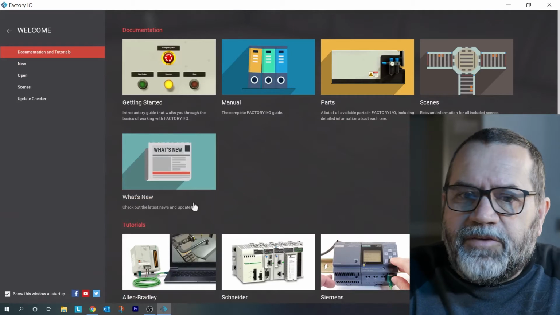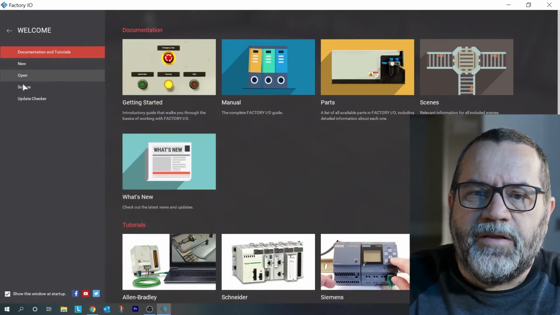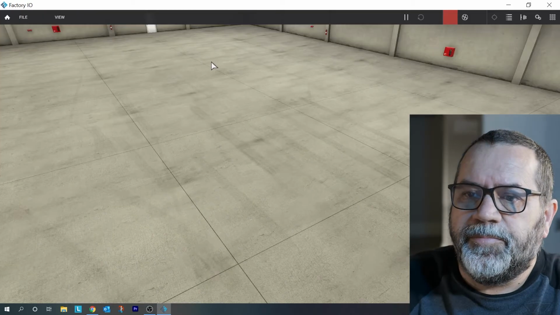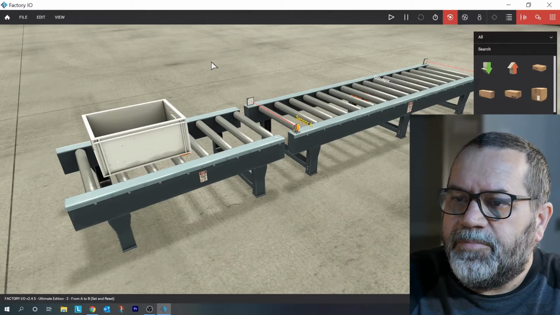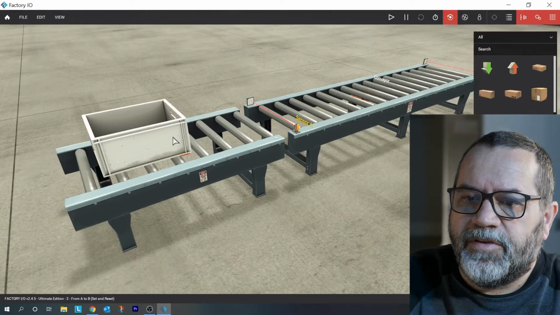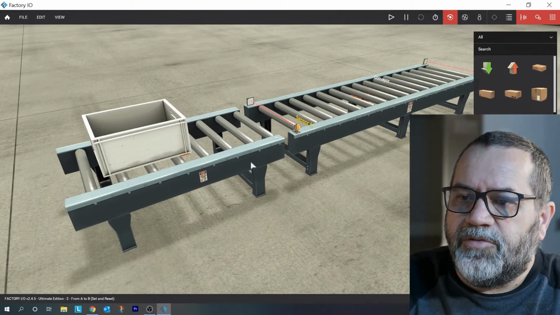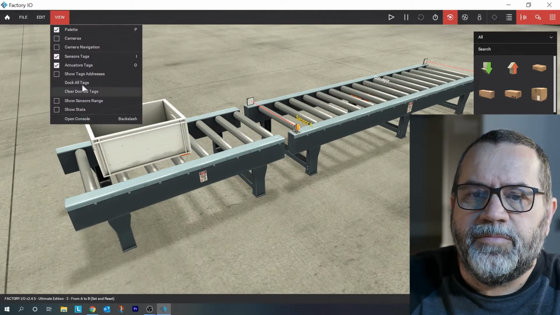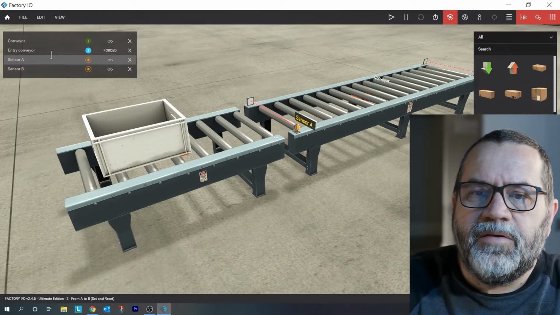Now when you launch Factory I/O, it comes up to this screen. And I'm going to just open a scene. So I'll use the second one here. And here I've got, pretty simple, two sensors and two conveyors and a box sitting on it. Now I need to be able to control this somehow. So what I could do, I'll go to Dock All Tags,